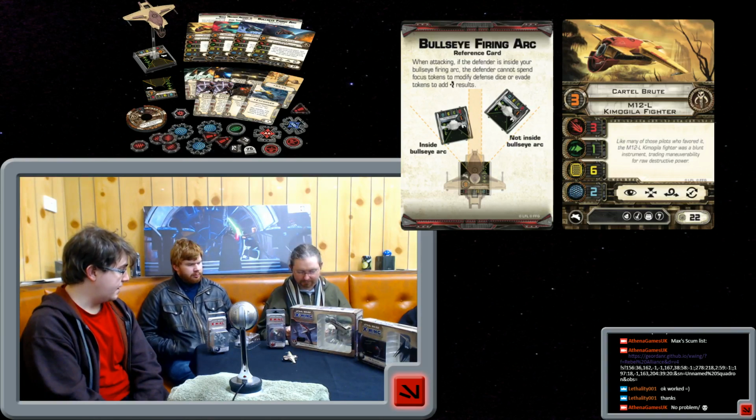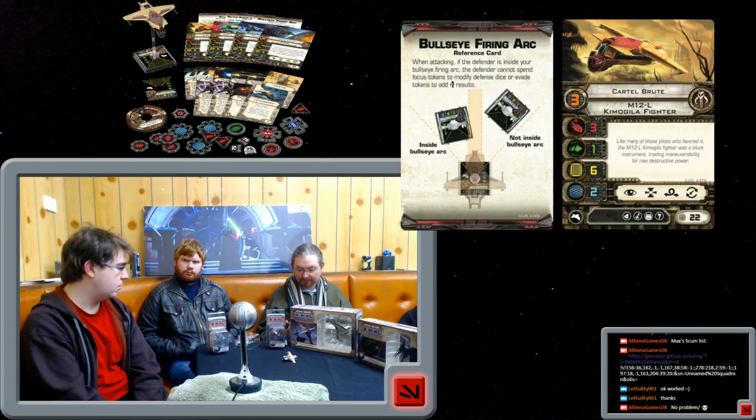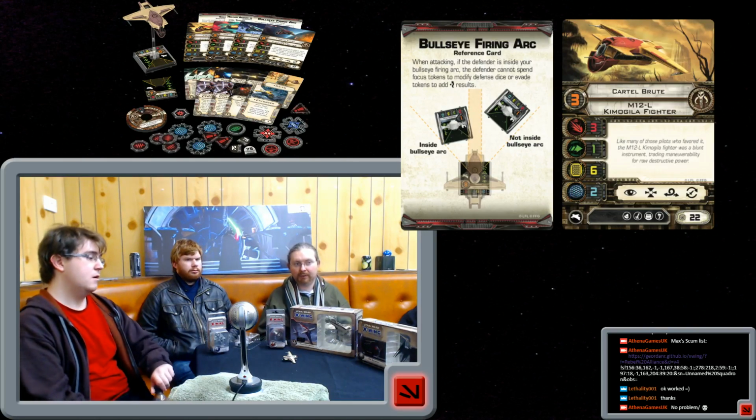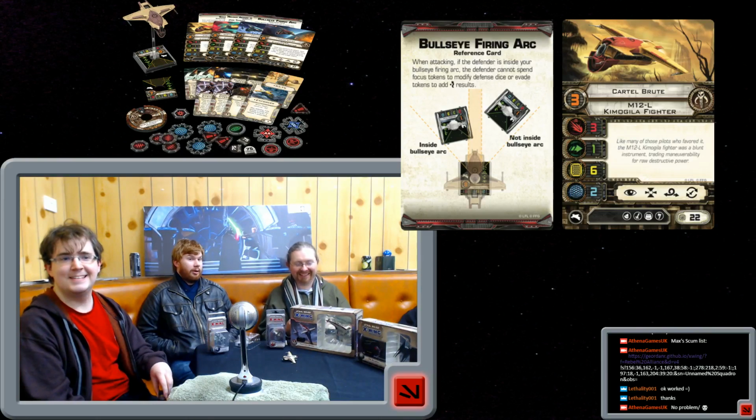But that's still a new thing, a unique thing to this ship, at least for now, and probably for a while longer. It's a mechanic I'm hoping we do see spread around a little bit as well, because it's a really intriguing mechanic that really rewards absolute precision flight. B-wings. I would love